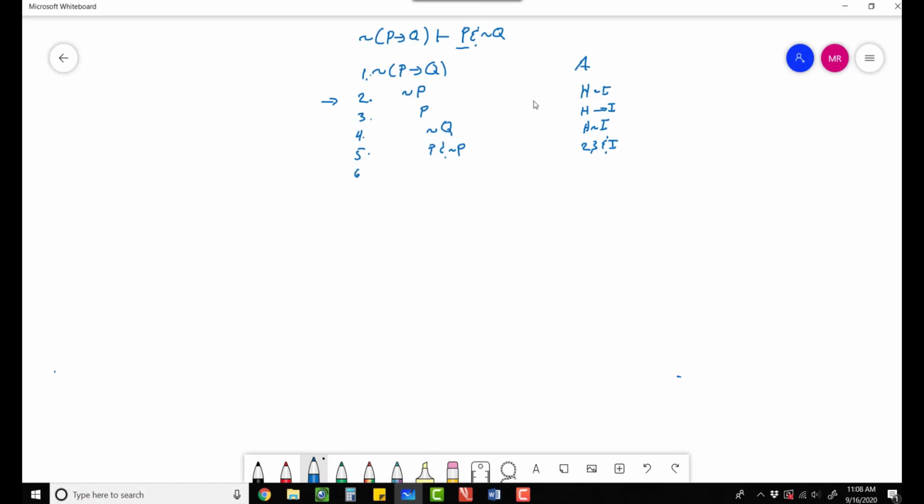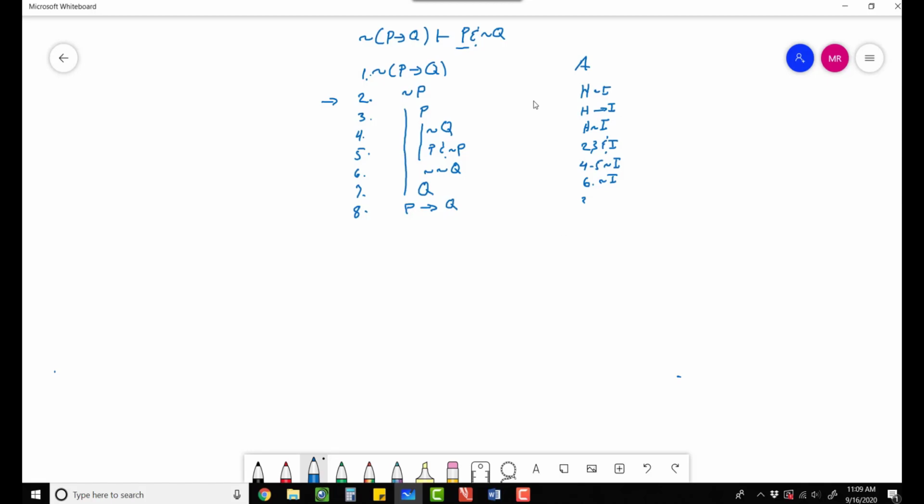And that gives you your not Q. So 4 through 5, negation introduction, and that gives you Q. By 6, and negation elimination, and that gives you if P then Q. By 3